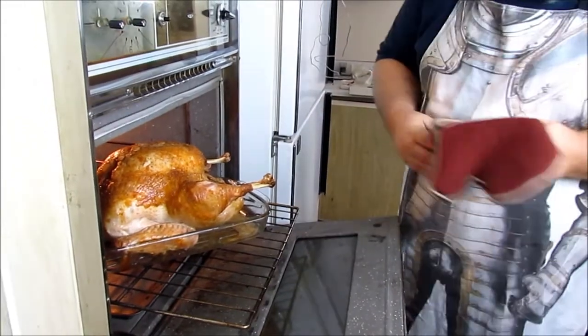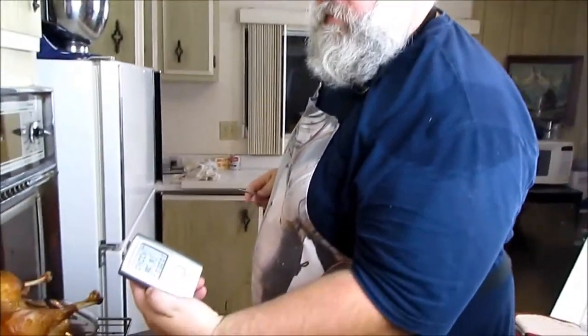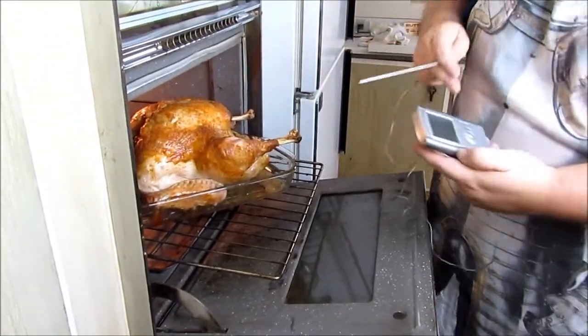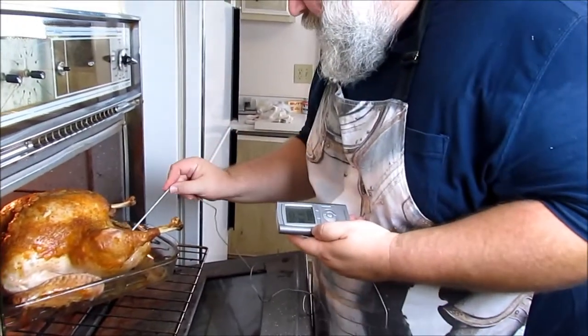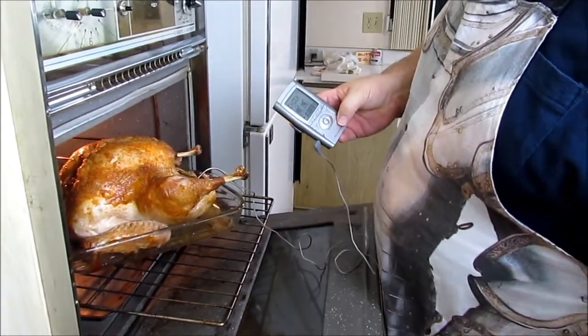So what I'm going to do now is put a probe in it. I highly recommend that you get one of these. They're like 40 bucks. It comes with a temperature probe. You put it in the thickest part of the turkey, which is down under here, and then it's going to tell us the temperature of the turkey. Let me stick it deep into the thigh. And it's going to tell you that we are at